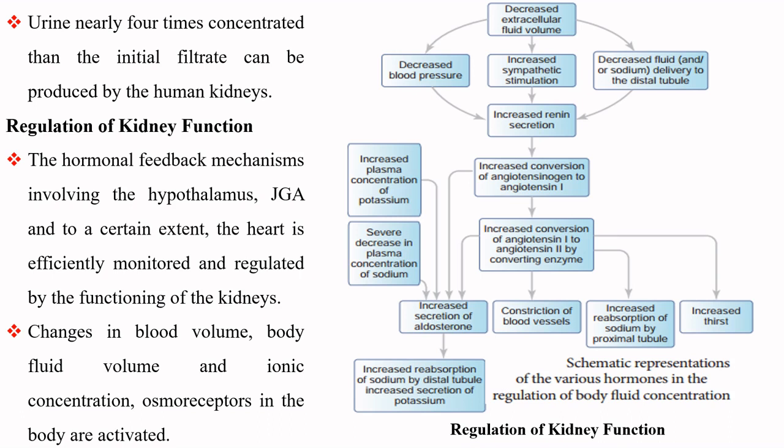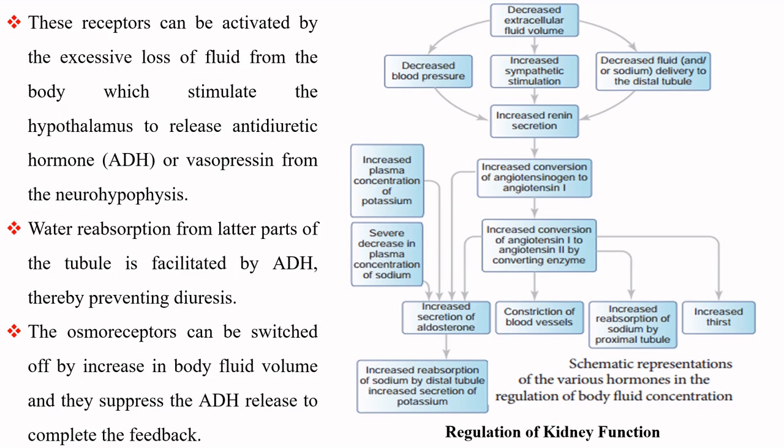Regulation of kidney function. The hormonal feedback mechanisms involving the hypothalamus, JGA, and to a certain extent the heart are efficiently monitored and regulated by the functioning of the kidneys. With changes in blood volume, body fluid volume, and ionic concentration, osmoreceptors in the body are activated. These receptors can be activated by the excessive loss of fluid from the body, which stimulates the hypothalamus to release